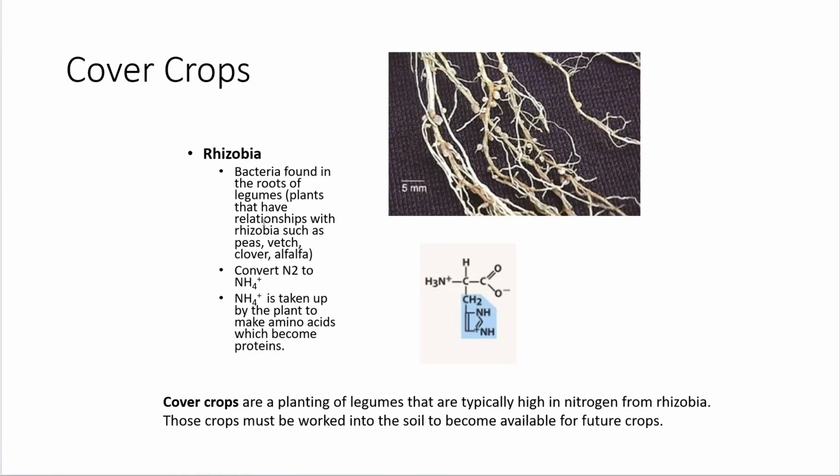and then when it's ready to plant and that plant is in decline, you don't pull that plant out, you actually push it right into the soil. You turn it into the soil. So it's worked into the soil, and then it's also available for future crops. It's making a bunch of nitrogen available, and it's organic material itself, pushed into the soil. So this is a great way to